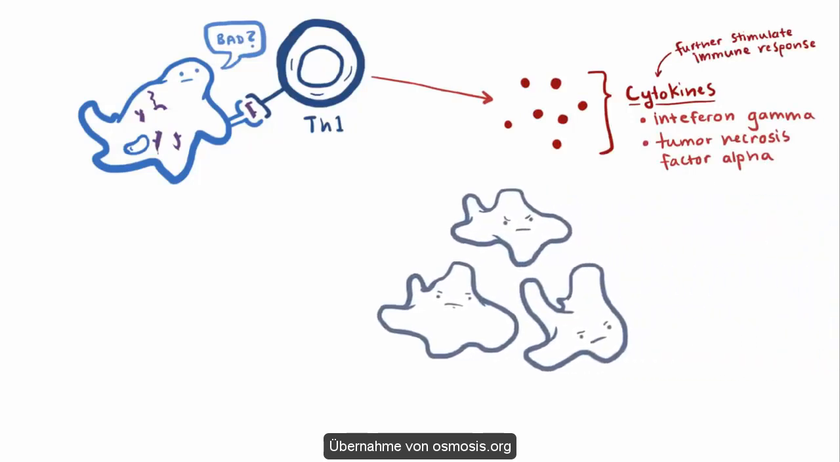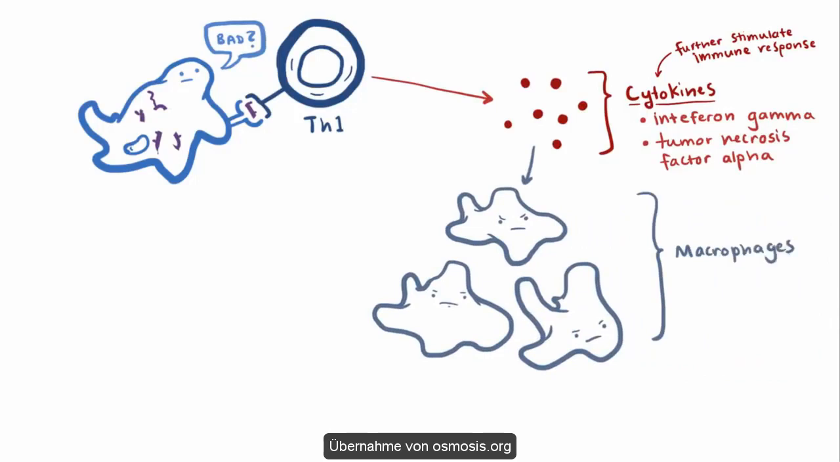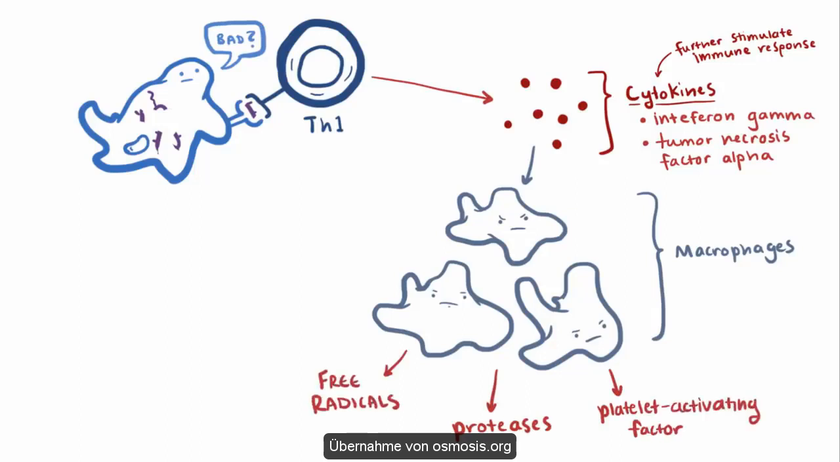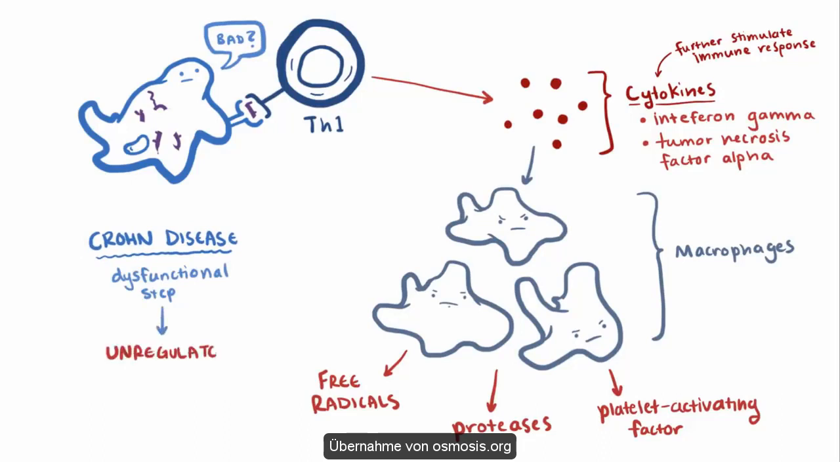The cytokines attract inflammatory cells like macrophages, which start releasing even more inflammatory substances like proteases, platelet activating factor, and free radicals, all which contribute to inflammation. Although not definitively understood, it's thought that for patients with Crohn's disease, one of the steps in this process is dysfunctional and leads to an unregulated and out-of-control inflammatory response. Unregulated inflammation means lots of proteases, platelet activating factor, and free radicals floating around the gastrointestinal tissue, which ultimately causes